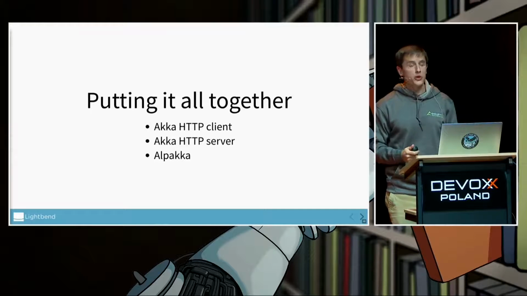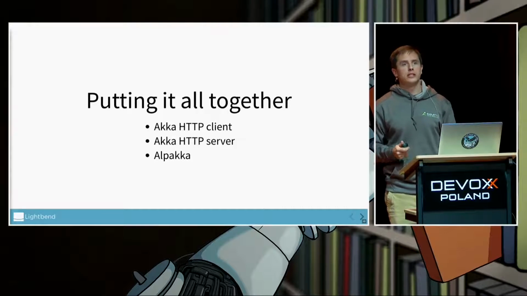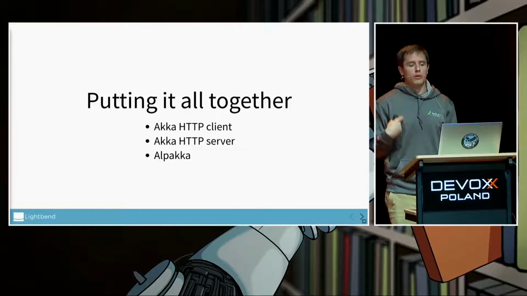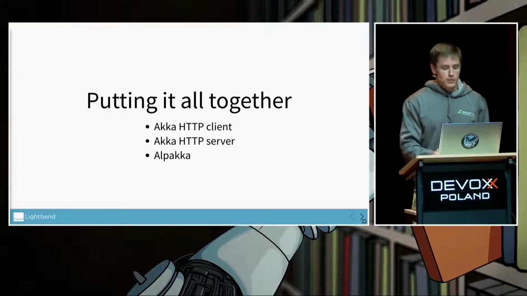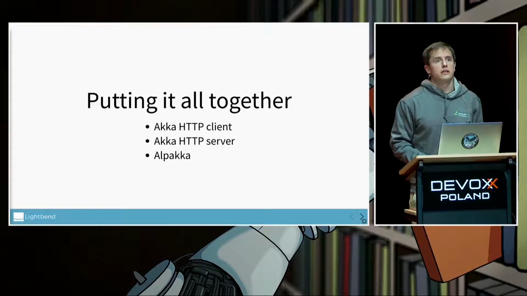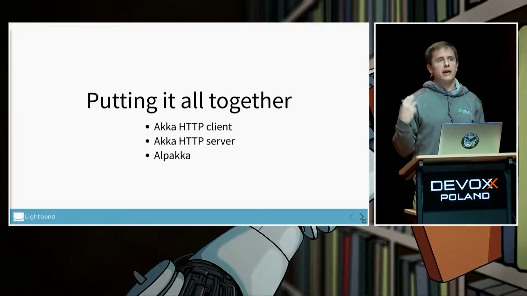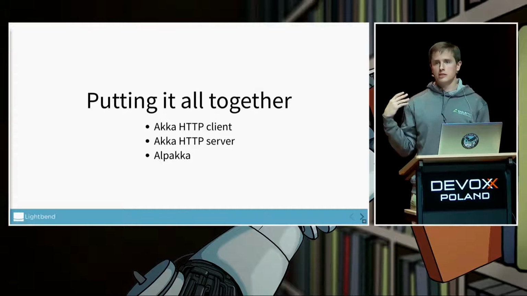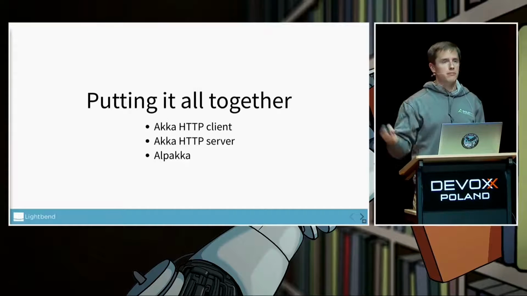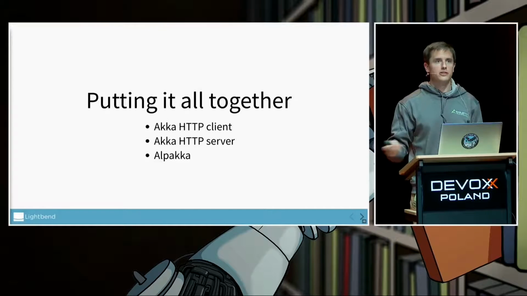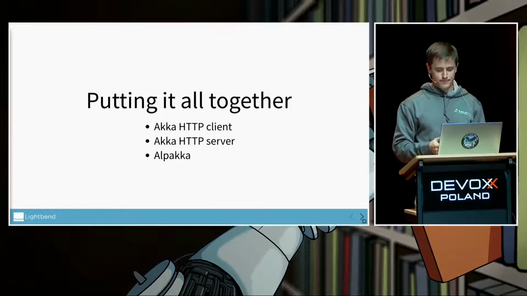I'm going to show you a little bit of Akka HTTP code just to give you some context, but we'll look at it more in the IDE. Another thing we're going to use is a connector for Apache Cassandra that is open source and in a project called Alpakka. Alpakka is a set of Akka Streams sinks and sources for external systems like Kafka, RabbitMQ, Apache Cassandra, HDFS and all sorts.